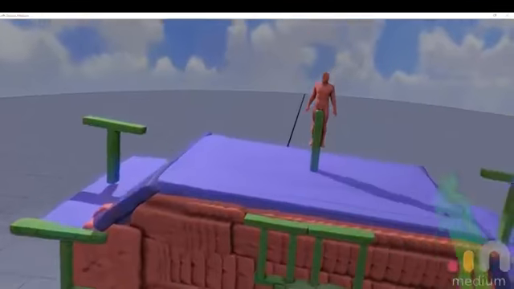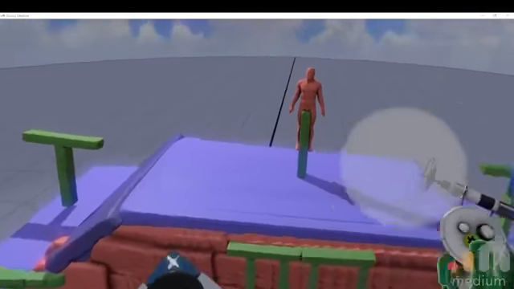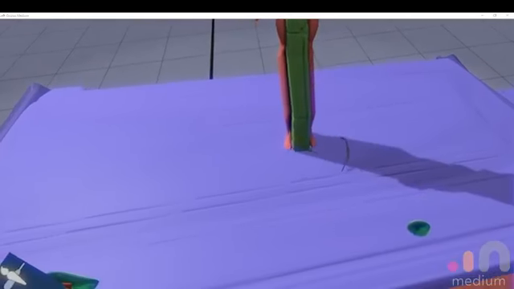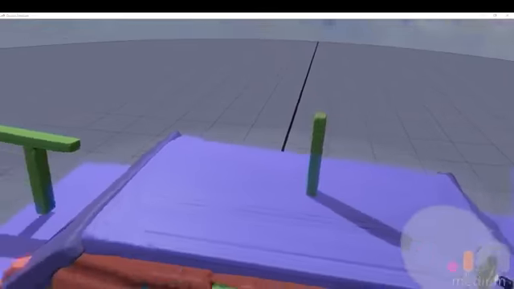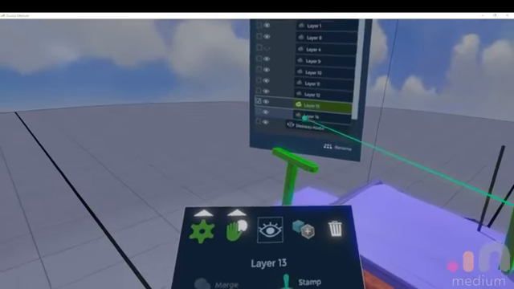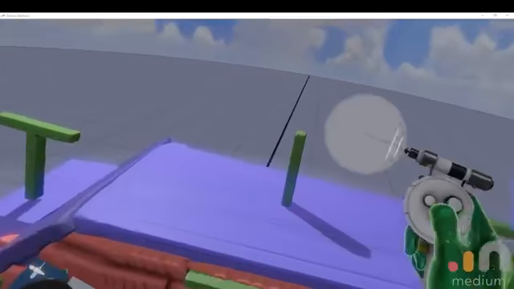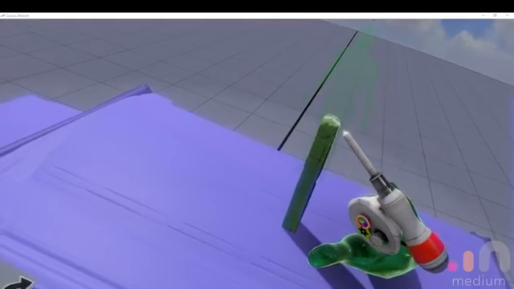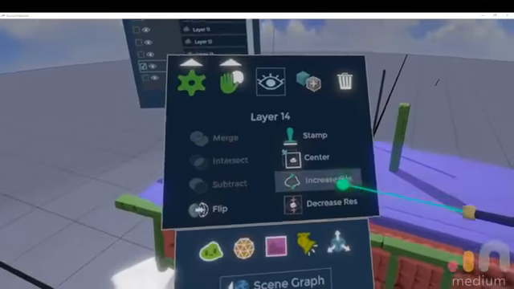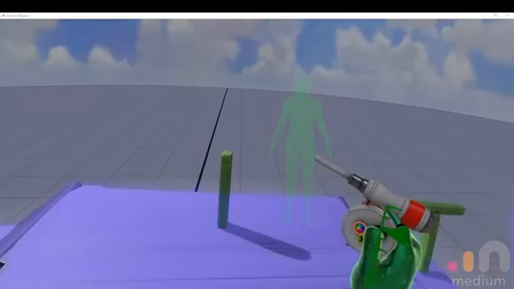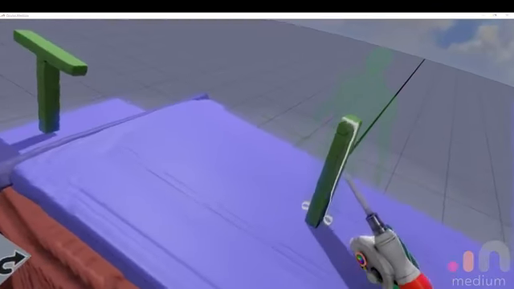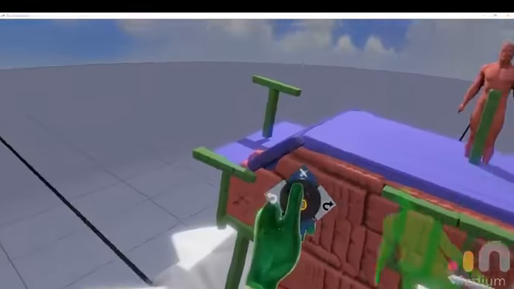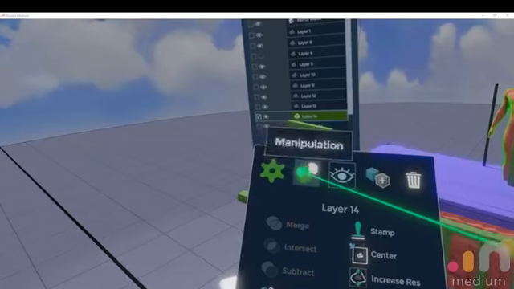So I might like that. And then let's actually, I don't want to do him here yet. I want to do him on his own layer, which I may have created for him already. And actually, let's see if we can decrease the res and make him bigger. And actually, we can go to this layer and adjust it because we're not using